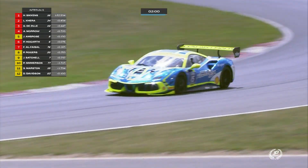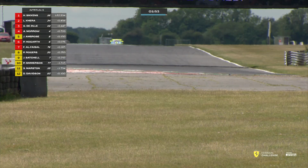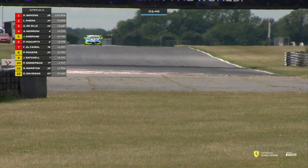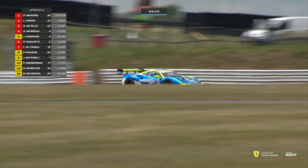So a career highlight being on the grid for the Ferrari Challenge UK for Ambrose, but I think that might soon be displaced if he gets this career best qualifying underway. Yeah, if he can place himself as the highest copper shell driver in this qualifying session, that would be pretty good as well. He'll certainly drive that home to the hills, of course, in his first race of the day later on this afternoon,